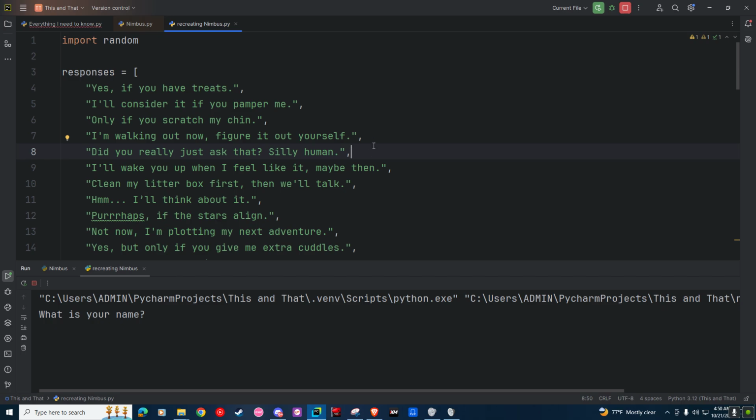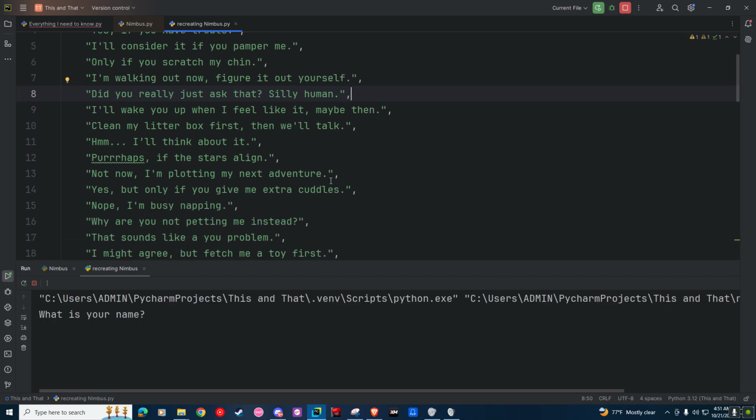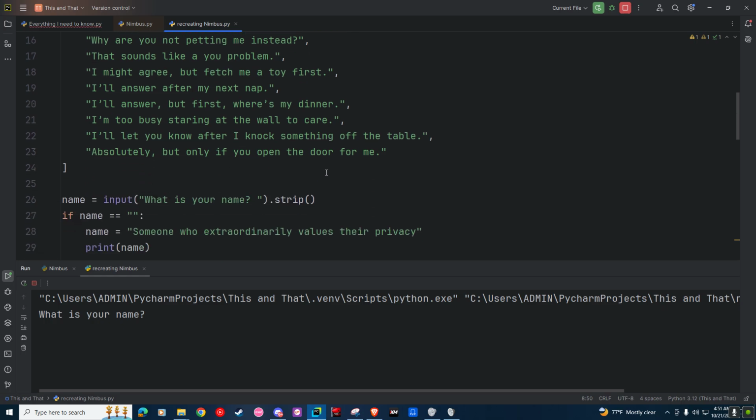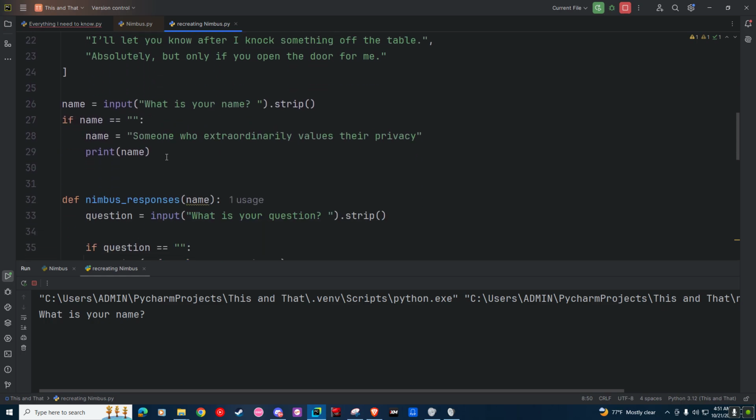I think they should really be separated by a comma, but you don't really have to add a space. After that, it prompts us to the first thing right here, which is what is your name. It says name equals input, and input will enable the user to type something in the terminal. Then there's this dot strip function.